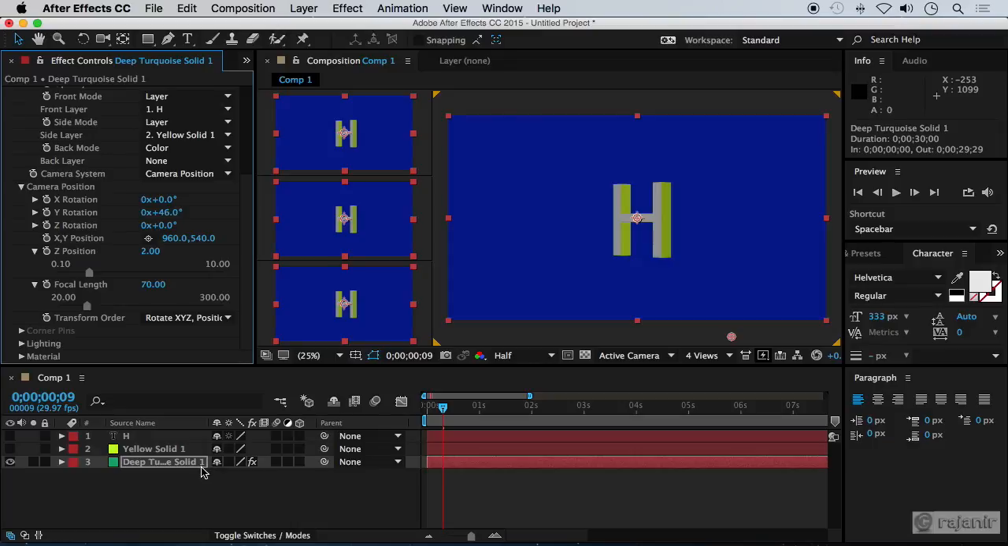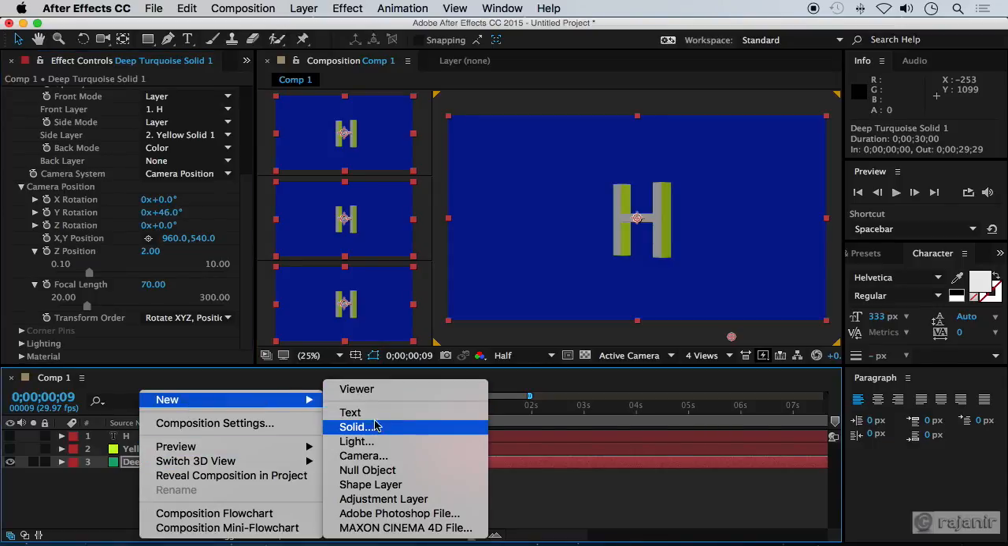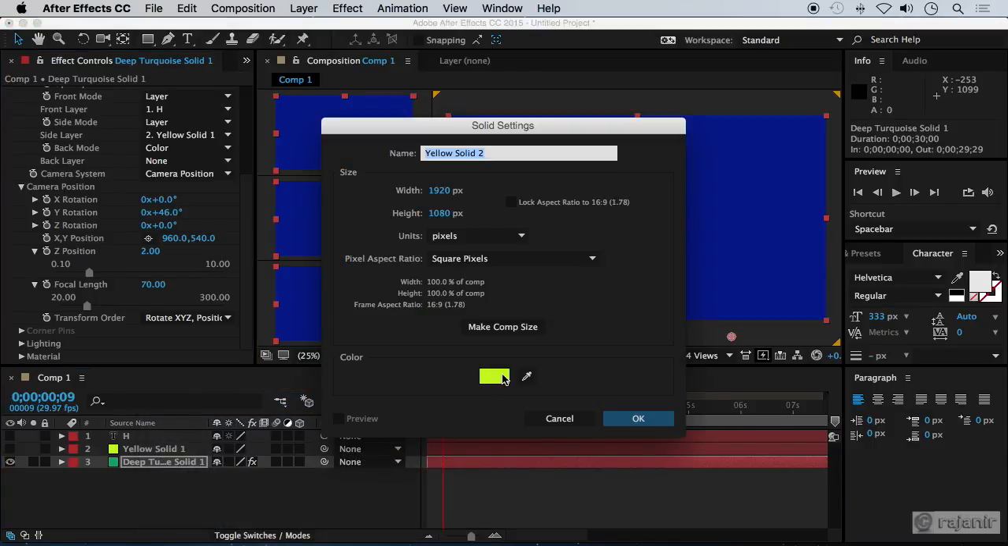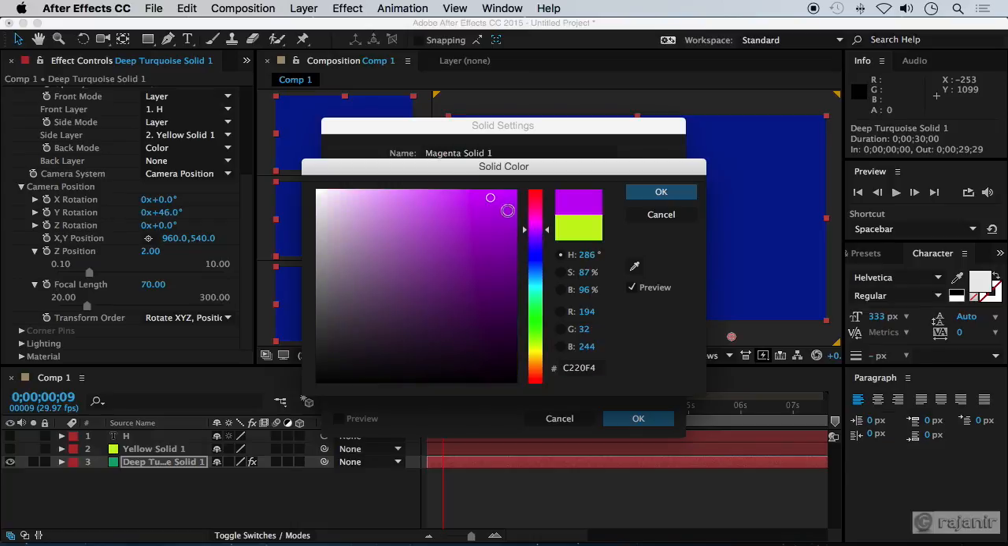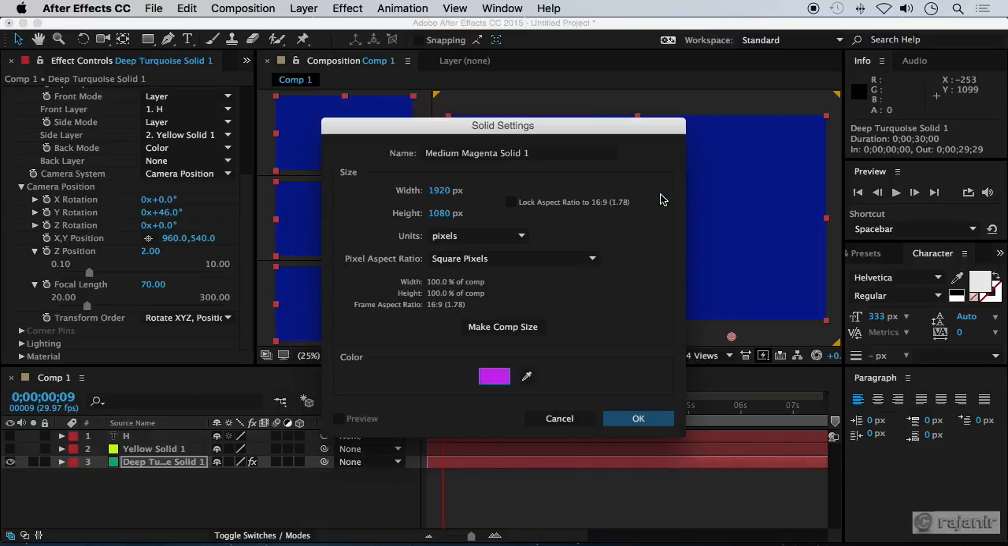This yellow solid which we have created, we had given a side mode layer, yellow solid. Same way on the back mode also we can create another layer. Let us create a new solid. And we had this color, so let us create this color. Okay,